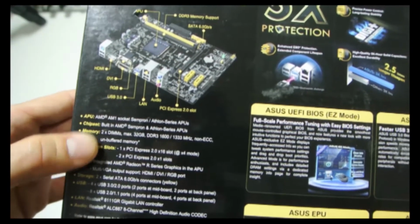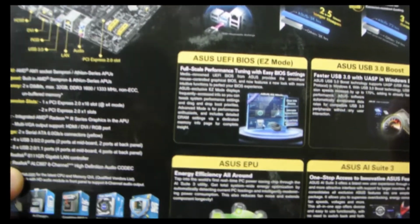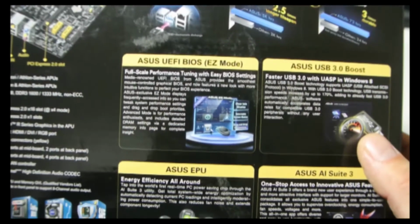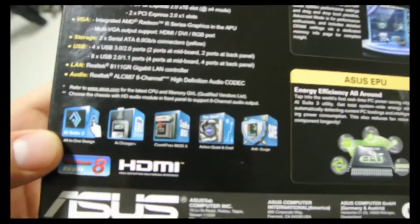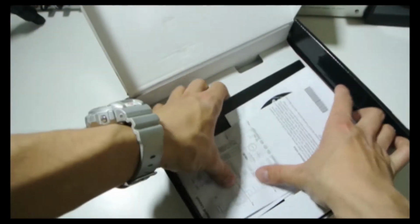Then you've just got pictures of the motherboard, which I'll show you in a minute, and all the specs and numbers on that. And then a few things like AI Suite, USB 3.0 Boost, and more there, and the BIOS as well, which they've got really good, and then just some more quick and quiet features. Right, I don't want to go on about the box too much, but you do get inside,